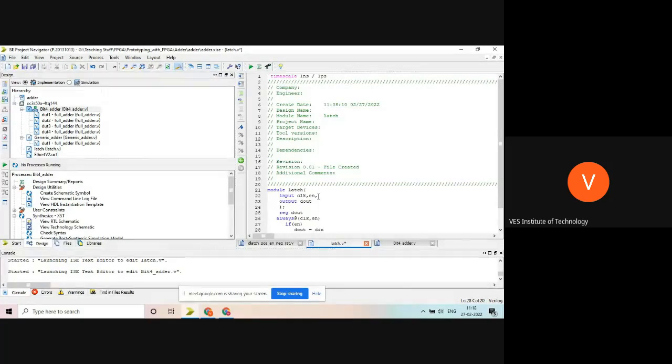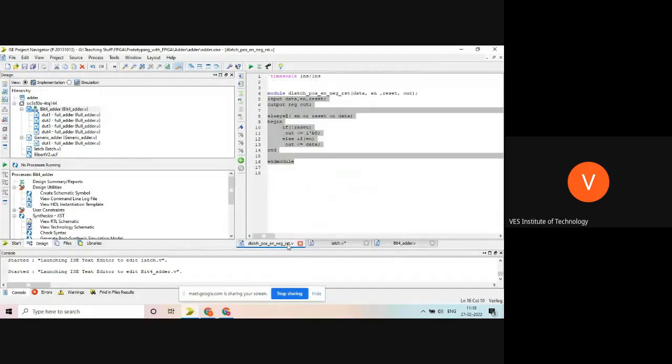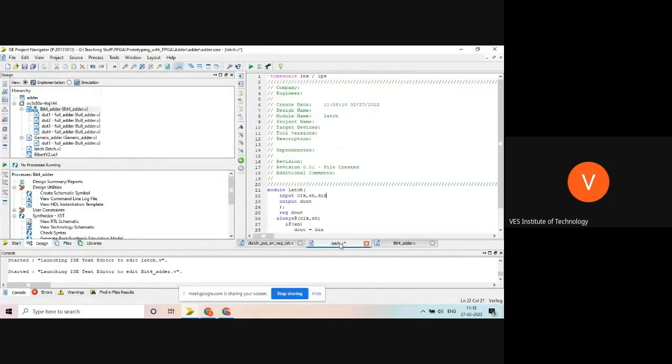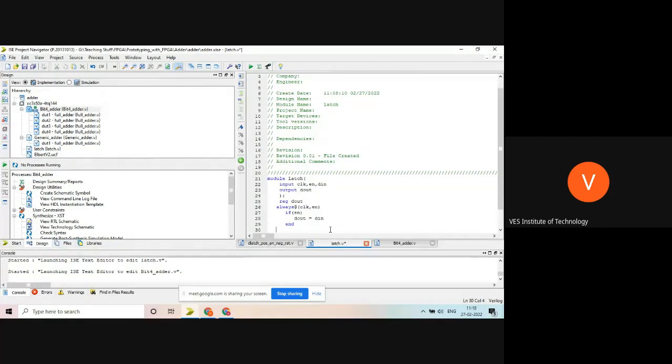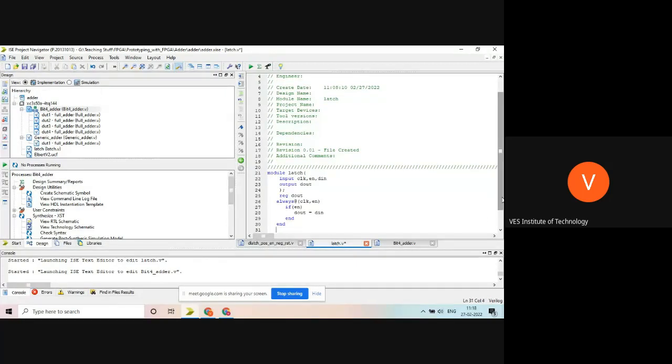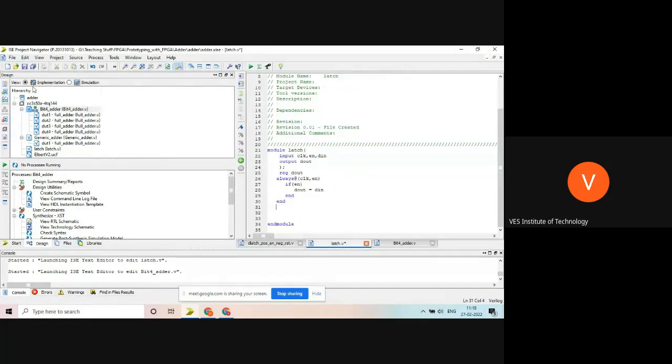So I will mark here one more input as D in, which is missing there. Or a data, you can call it as a data. Okay. So D in and D out. And here I will write end, and end module is already there. That's it. Simple.